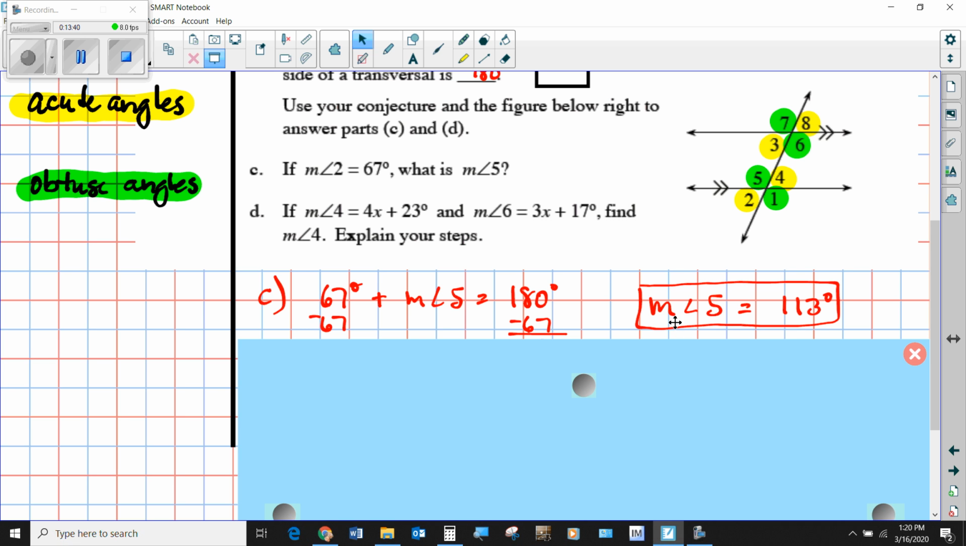When you're just talking about angle 5, you would just call it angle 5. Use a slanted L shape here. But when you want to find the actual number of degrees, we'll call that the measure of angle 5. To solve for the measure of angle 4, we know it's 4x plus 23, and the measure of angle 6 is 3x plus 17. Once we solve for x, because we know that this plus that equals 180,